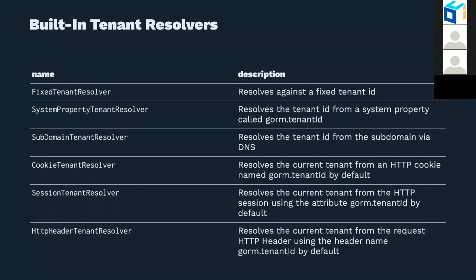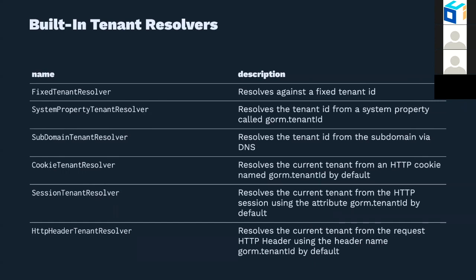There are tenant resolvers already available out of the box. The first two, especially the system property tenant resolver, we'll see is pretty useful for testing. It basically resolves the tenant from a system property that you define. And the subdomain one is a simple subdomain tenant resolver. If you need something more complex, like a regex, you may need to create your own, maybe extend the subdomain tenant resolver, or just take a look at the